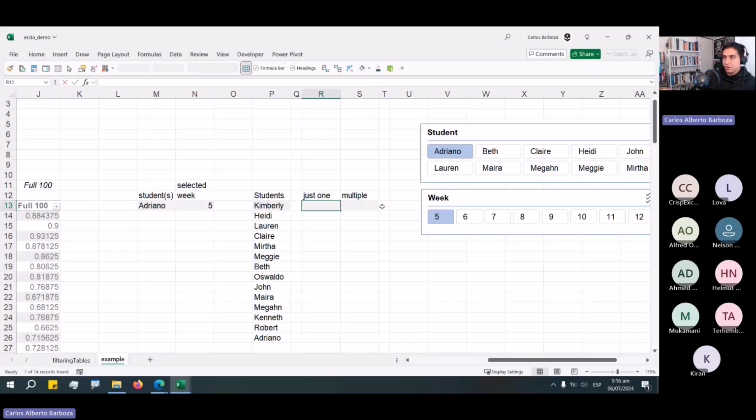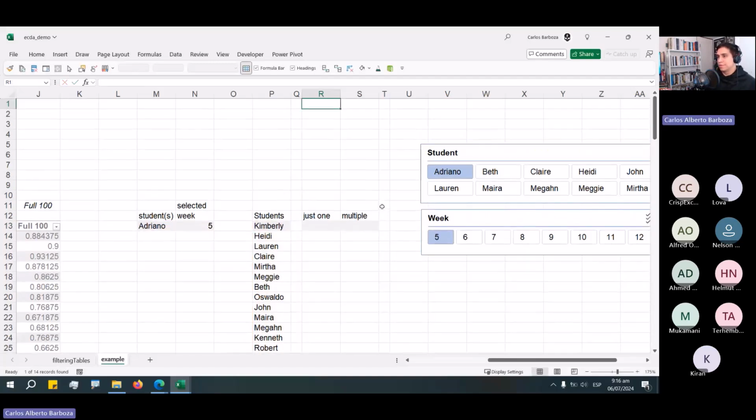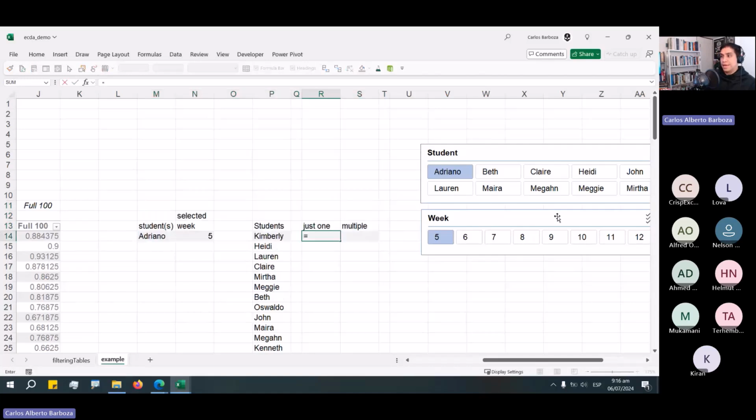So we're gonna tell it, hey, look, go ahead to this array, IF, array here on P1 to P14, equals the person that is being called on this cell value by the slicer. Okay, if I do that, maybe I'm missing something. I think I should have added, oh okay, that's my mistake. We're just gonna carry it down one more. Okay, there we go. If this array that we have here equals M14, comma,